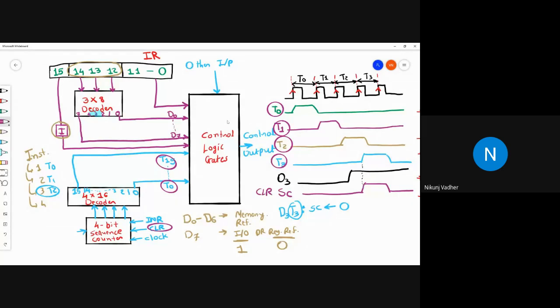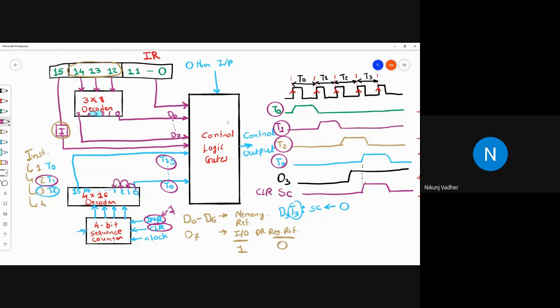Once we are done with T0, we should give the input of INR as 1. Then from T0 it will shift to T1. Then again, if we are done with the second step, we will give 1 to INR, so from T1 it will shift to T2, T3, T4.